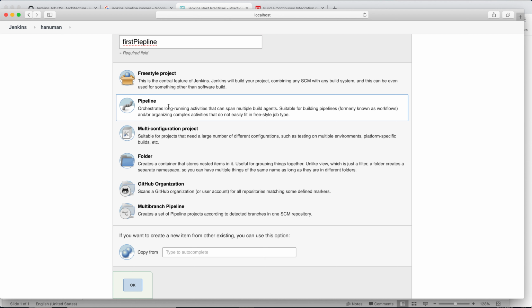You can create a new job by giving some name and selecting one of these options, or if you have already defined a job, you can copy from the existing job. I'm going to create a new pipeline script, so I'll click OK.